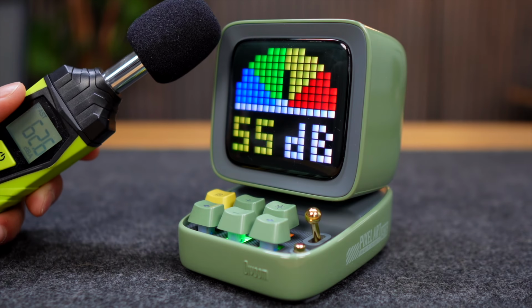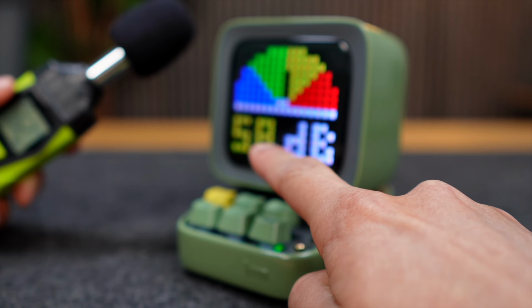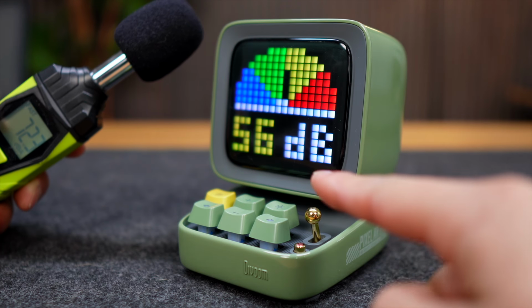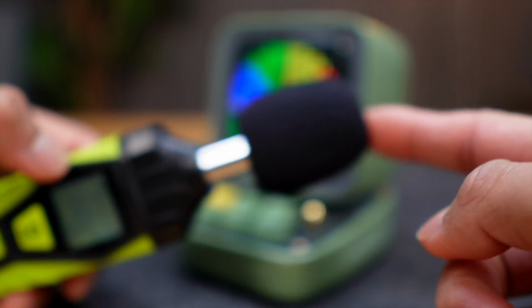All right. So right now we're currently talking, and here you can see what the different rates are. So this one's at like 45, 50-ish. This one's more at like 59, 60. So the accuracy of this decibel reader might be a little off when compared to an actual decibel reader, but we'll also test out how loud this gets later on with this decibel reader. So now going back,